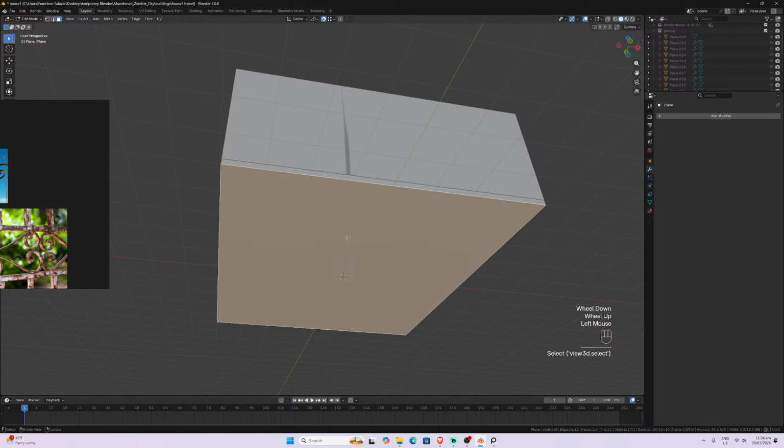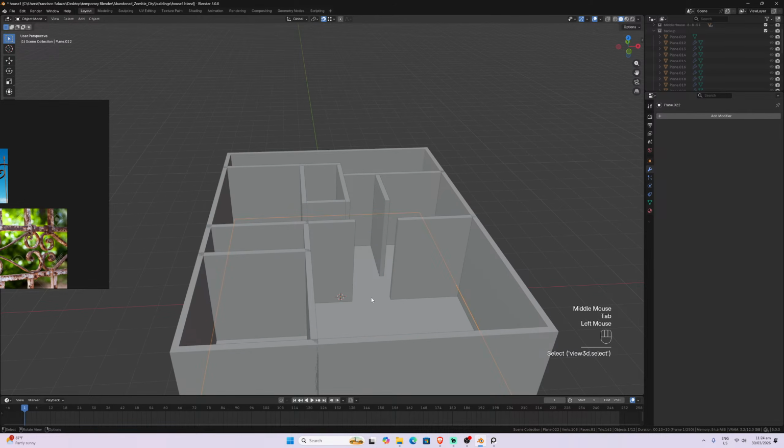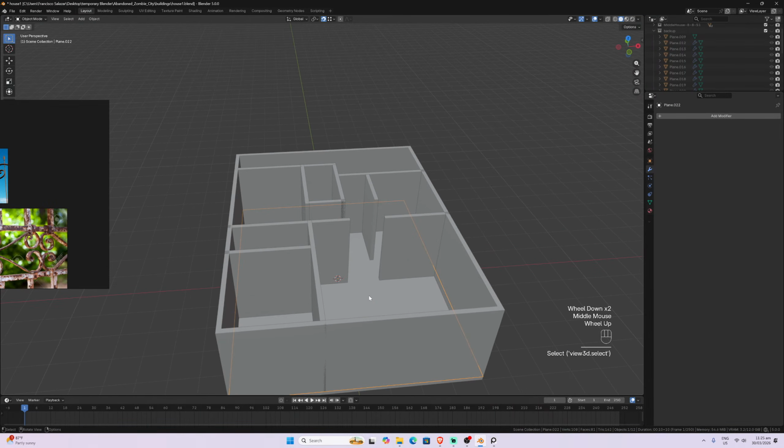First thing, we're going to delete this face that we are not going to use, and we're going to separate this. We're going to keep this as the floor. This is going to be floor.